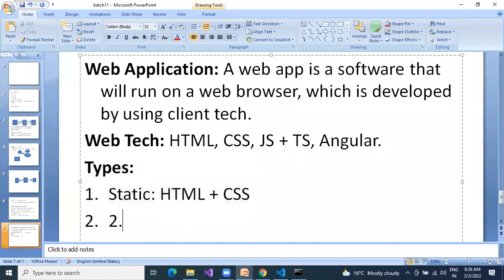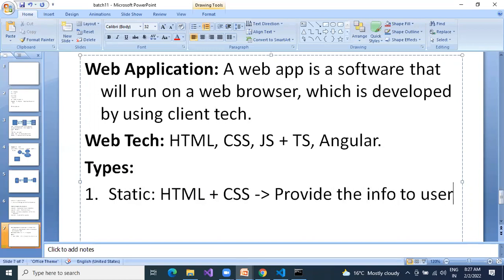For example, if you want to book a train, you will usually use IRCTC. But there are some websites that simply display where the train starts and what trains are available. For booking, you need to go elsewhere. They simply create one static web application in Google pages, just to give the information. So what is the purpose of static web applications? Just to provide information to the user. That is the use of simple static web applications.